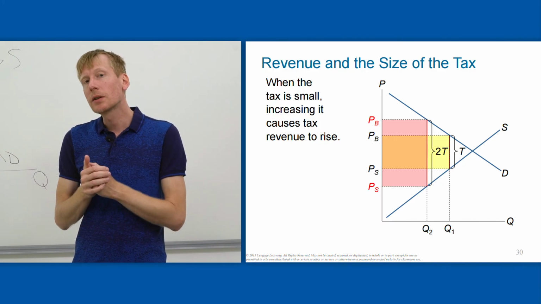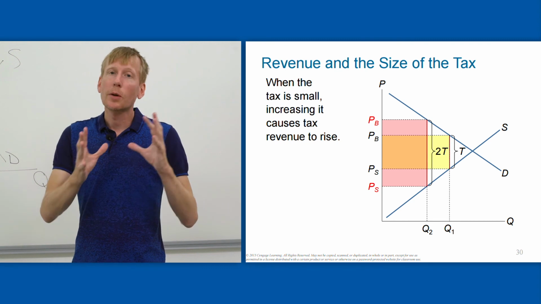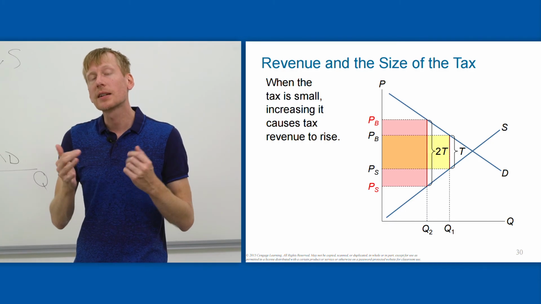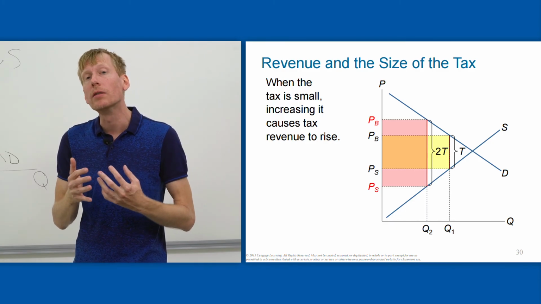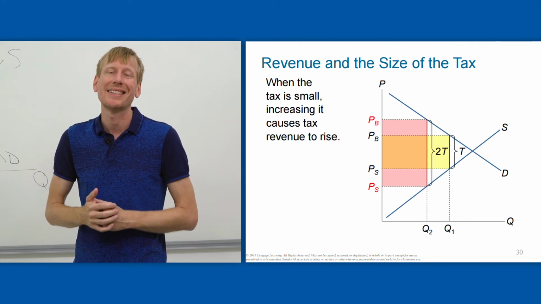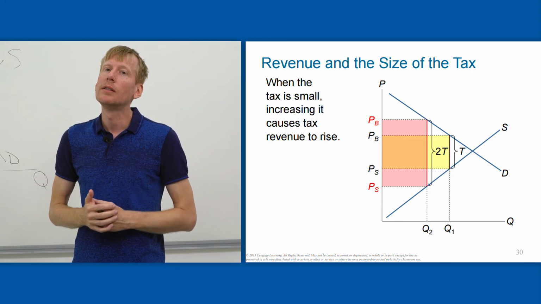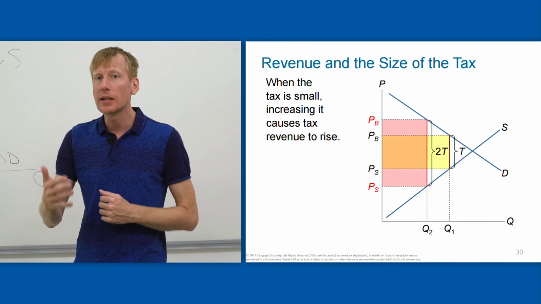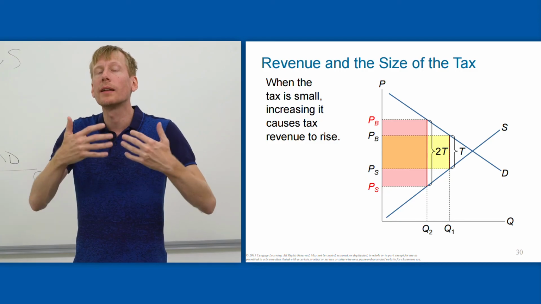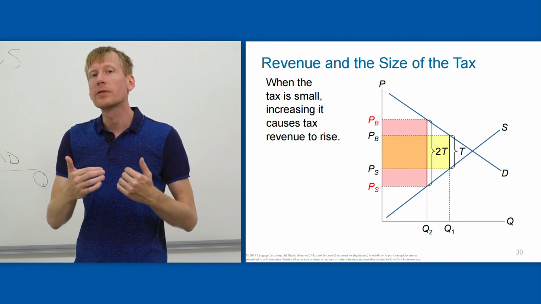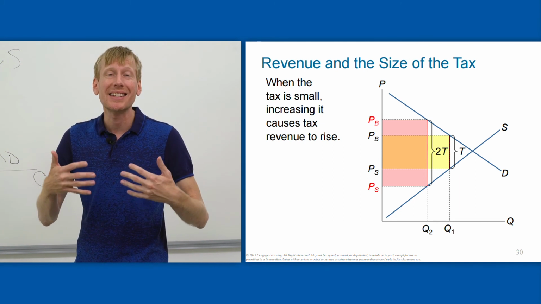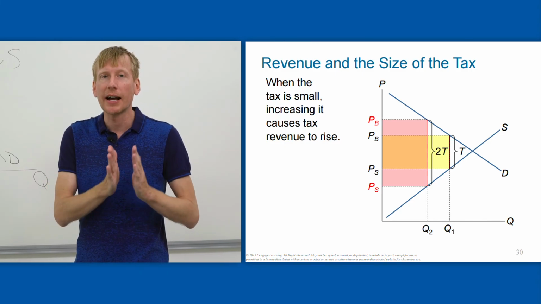For this instance, as we go from that yellow rectangle to the pink rectangle, giving us total revenue raised by a tax of 2T, it appears that a tax of 2T generates more revenue than the yellow rectangle, the original rectangle, representing total revenue at a size of tax T. But it isn't equal to double the original tax revenue. It's increased, but it hasn't doubled. It hasn't kept pace. Our deadweight loss more than doubled, but our total revenue less than doubled. So definitely our tax system here is becoming less efficient as we raise this single tax rate on this single